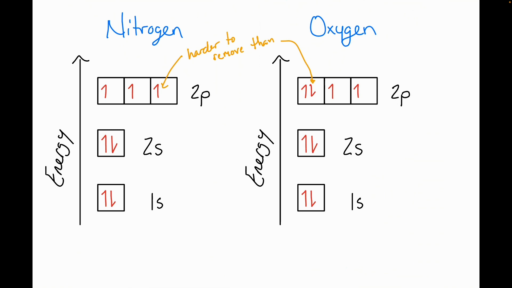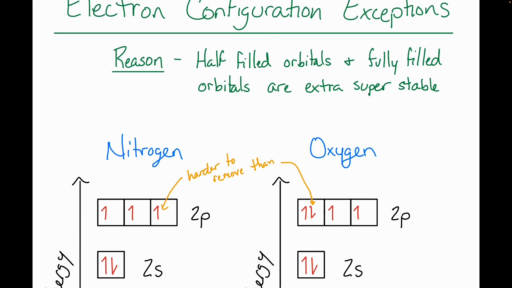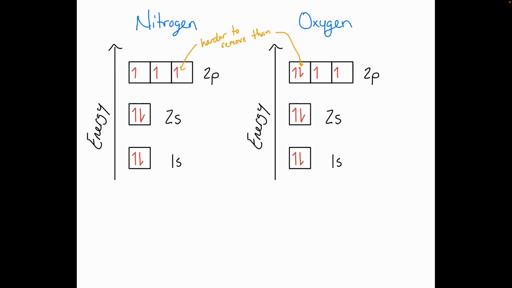It's got 1 extra. So there's something extra special stabilizing about having an orbital that's exactly half-filled or exactly fully filled. It's harder to remove an electron from a half-filled or a fully filled orbital. And so that's where our exceptions are going to come from. All of our exceptions